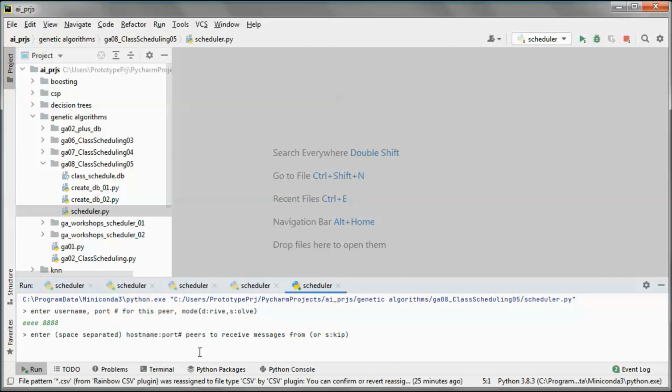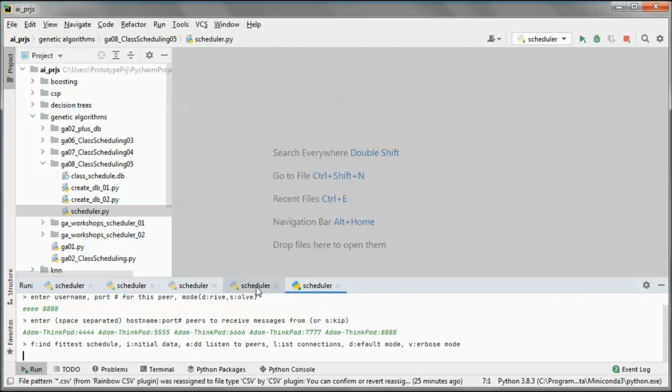And they will all be picking up messages from each other.